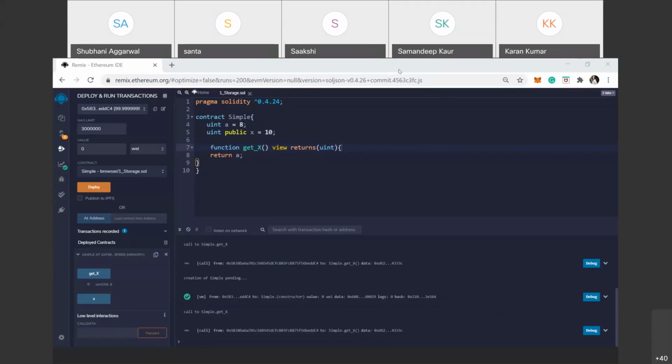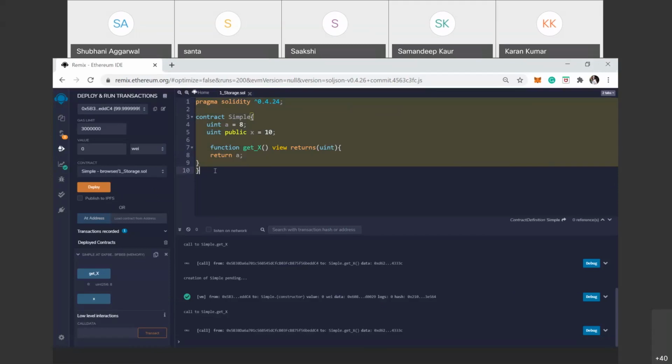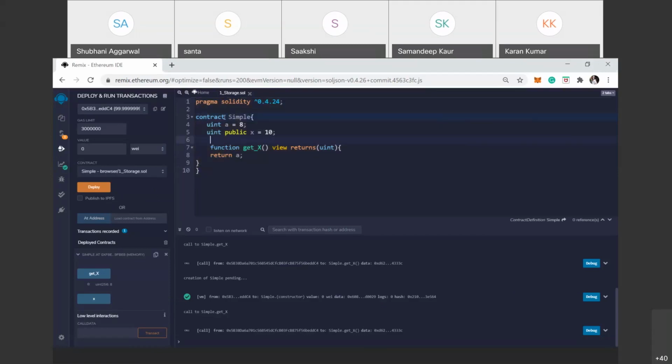Yes, it is shown in your source code, but it is not shown in your outside window. This is all your source code. You can see here that this is private, this is public, but it cannot be shown in your deployment window. It will not be functional. Okay, correct.